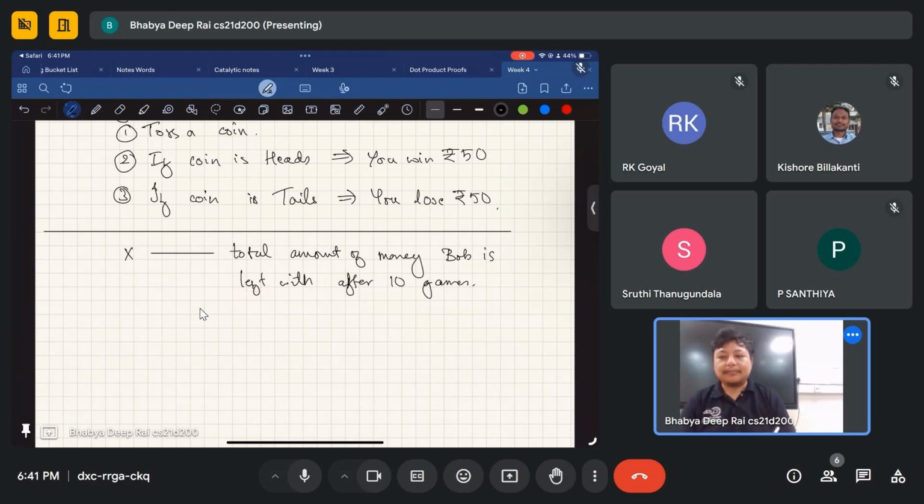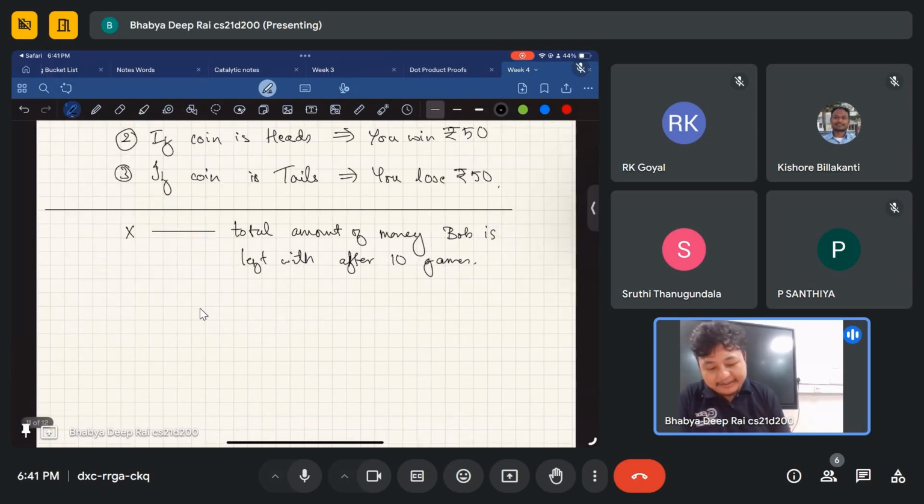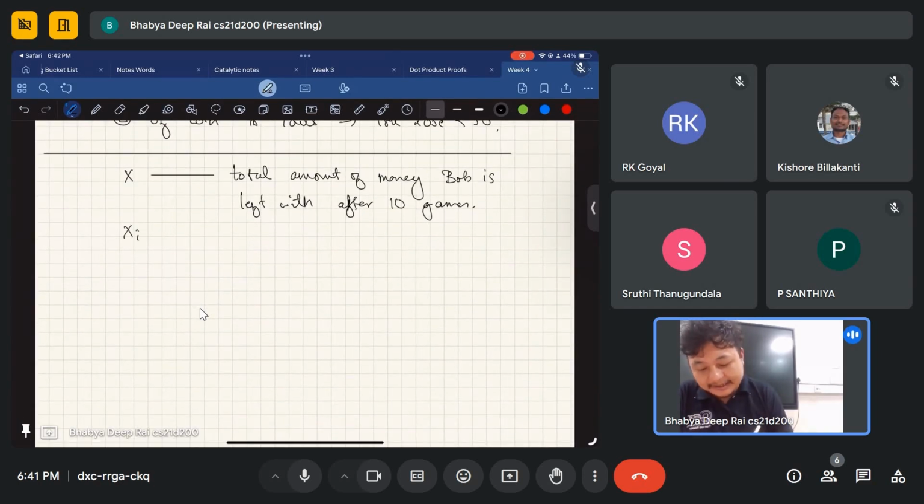Now what we want to do is define, let's say, an xi. Okay, xi is what? A Bernoulli variable. What is a Bernoulli variable? It is a variable which can take any value, but the probability of it occurring is exactly half. Why am I using this? Because I